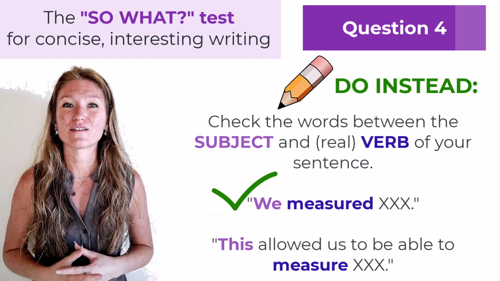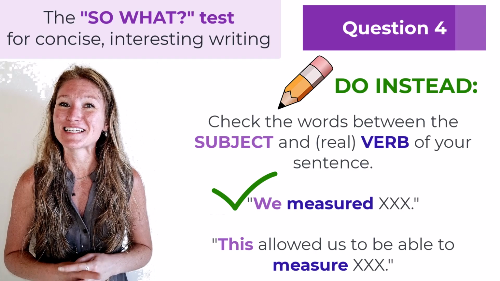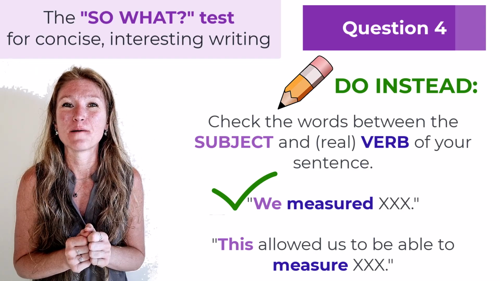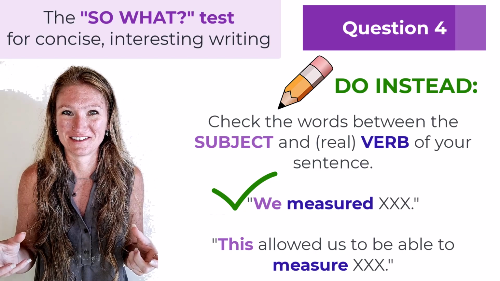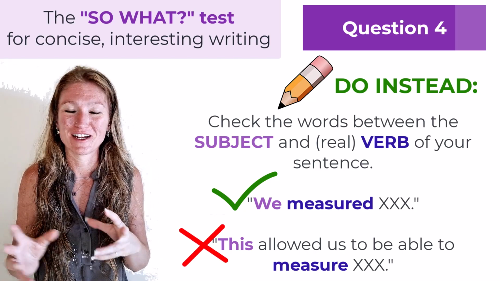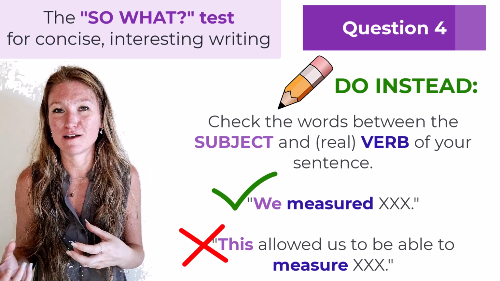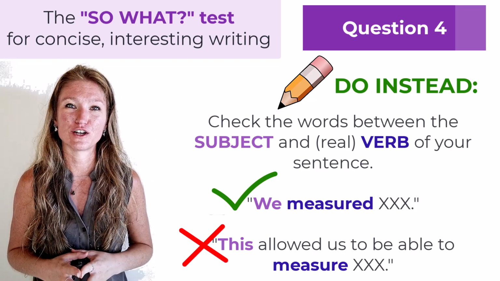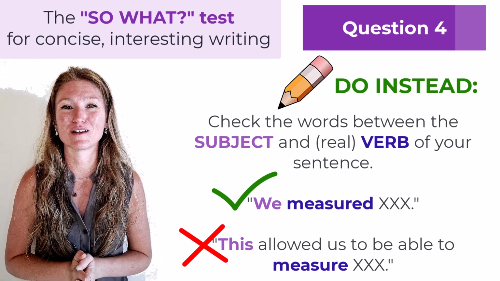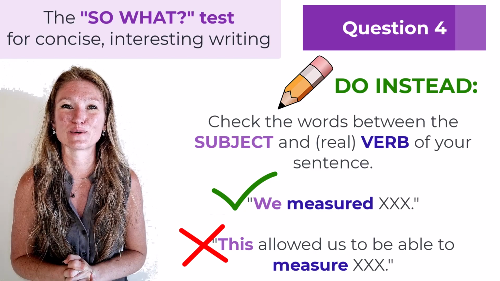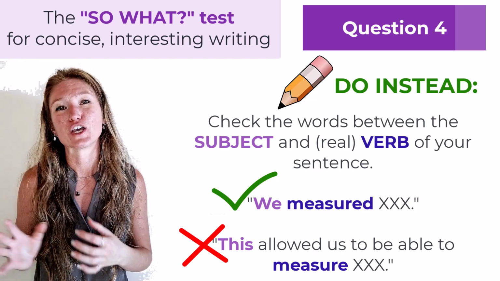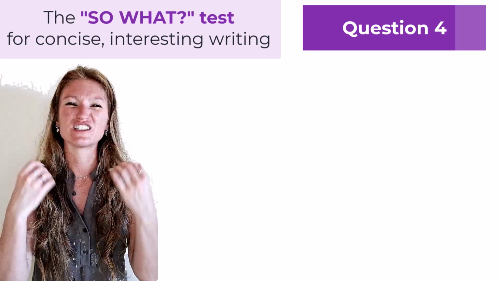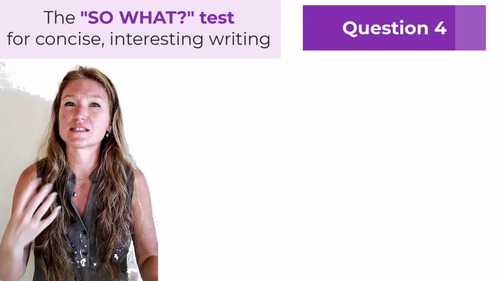But where this is going to come in the most handy is where you start to see things like, and this allowed us to be able to measure, okay? We measured, and this allowed us to be able to measure, are conveying the same information in your paper, except one is going to be clear, concise writing, and the other is going to be convoluted writing that we often see in science papers. So, use this question, go through, delete chunks, see if you need them, see what it